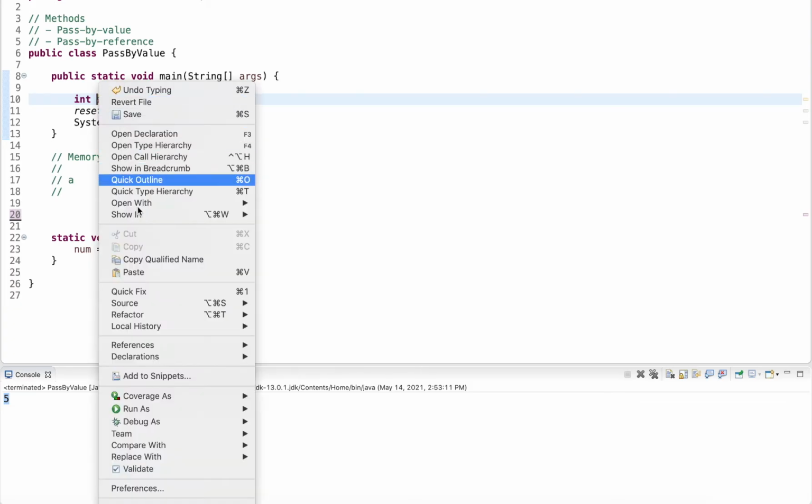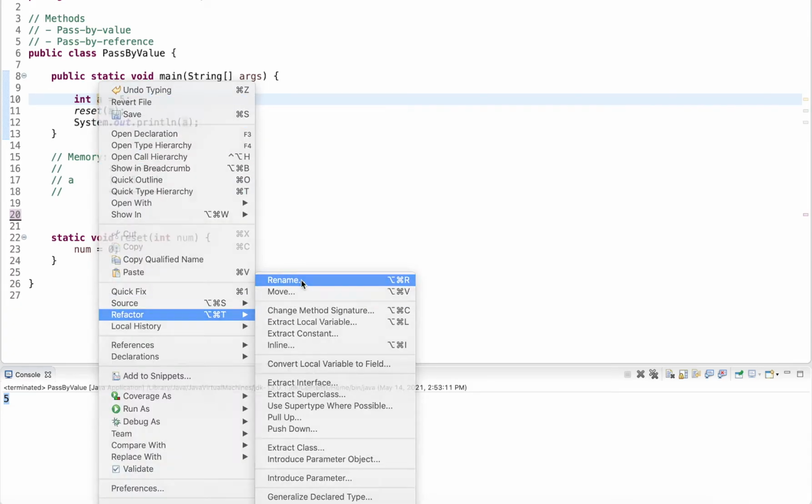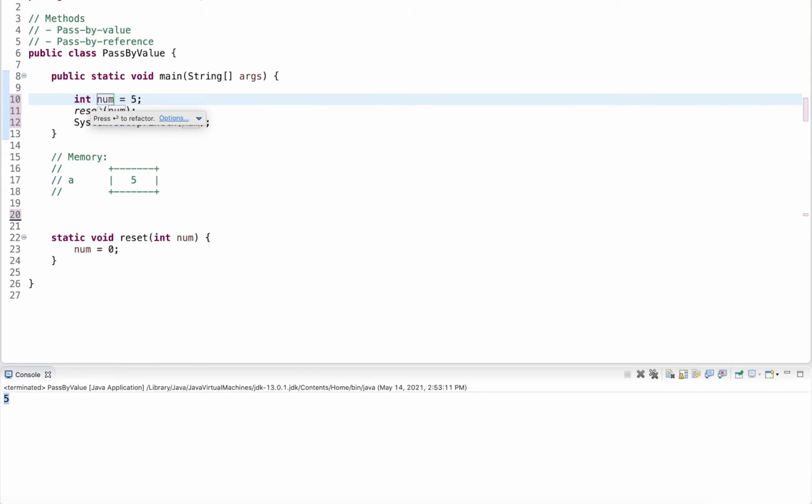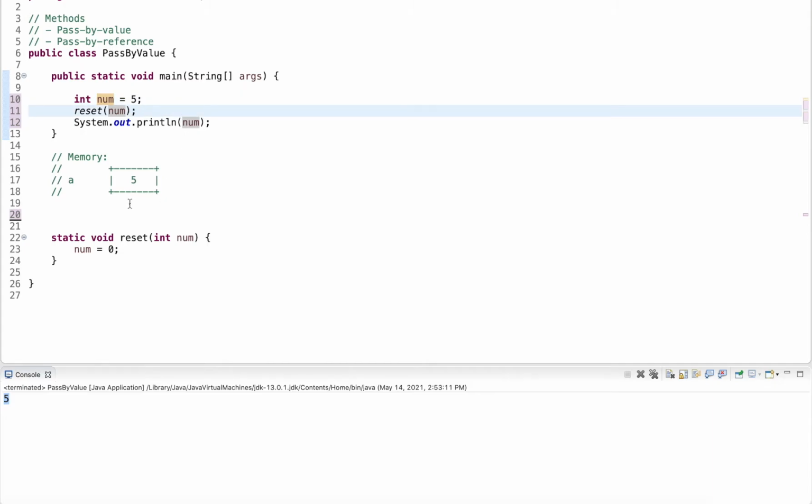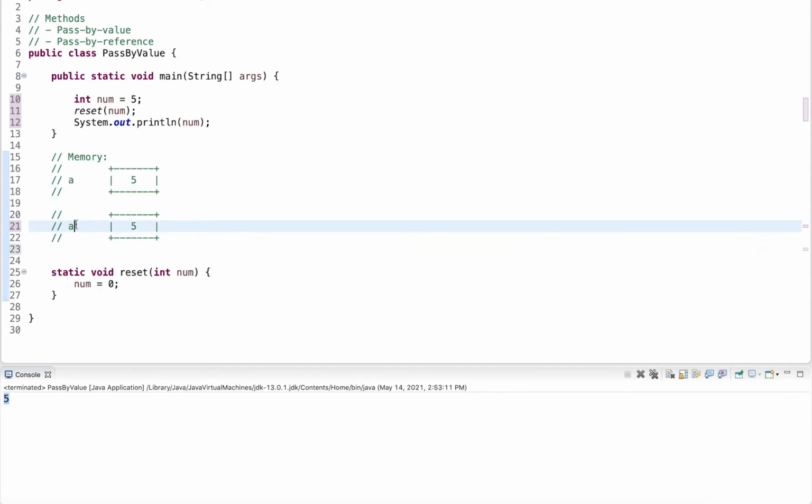Now another question is, what if we rename this variable to num? Would it still be 5 or would the output be 0? Now here we have the memory again, this one being num. And in the method call, since it's passed by value, there's really no difference. It copies 5 over into num, and this one is just named num. So it copies 5 over, num is 5. At the end of this, it resets it to 0, and then at the end of the method,